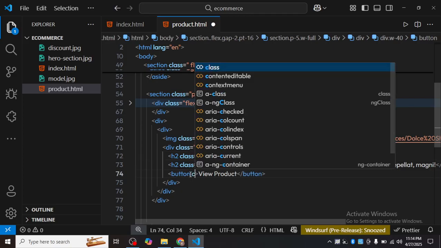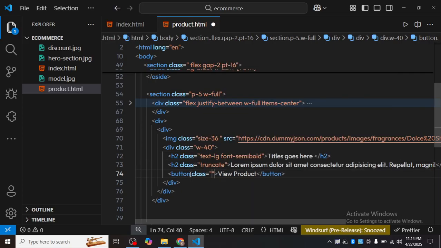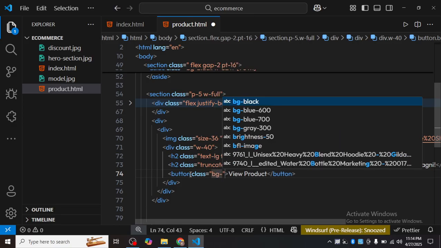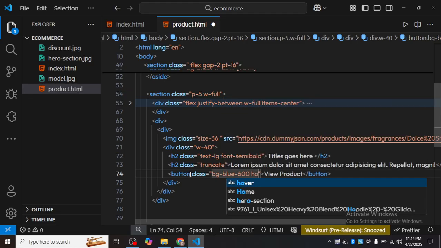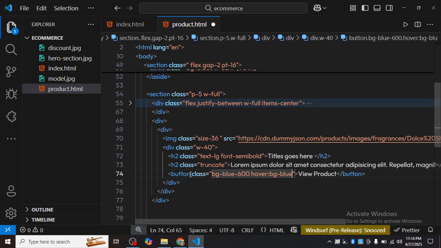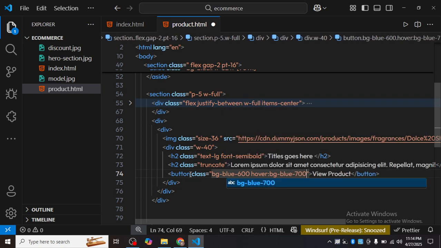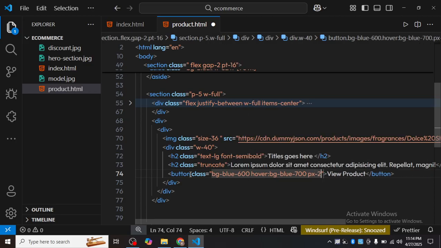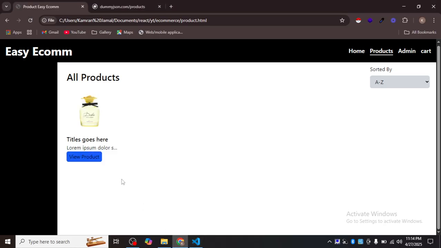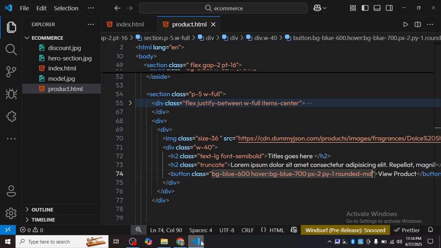I think I can go with the class, and here I can make it a little bit beautiful by giving it some amount of padding. Now first let me give it the bg color of blue 500, 600, and also when I hover this, the bg color should turn into 700, and I think I should give px-2 and py-1, and the rounded should be md. Now let me check. Here you can see it is now beautiful, but I had forgotten one thing,